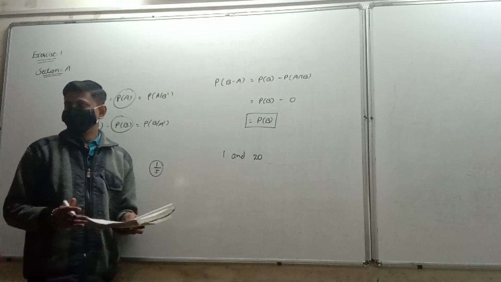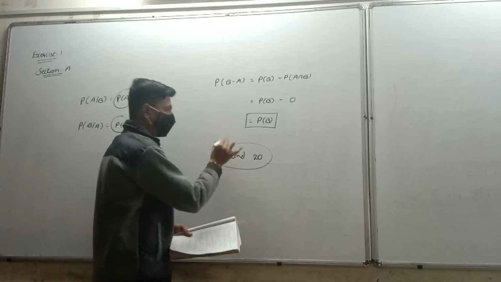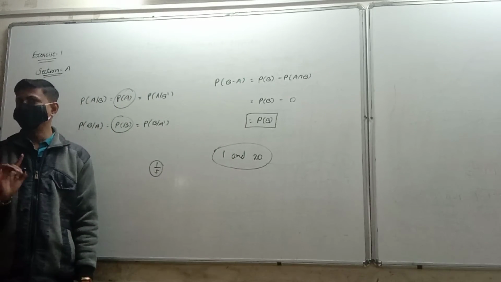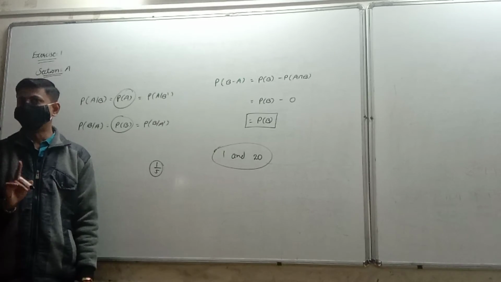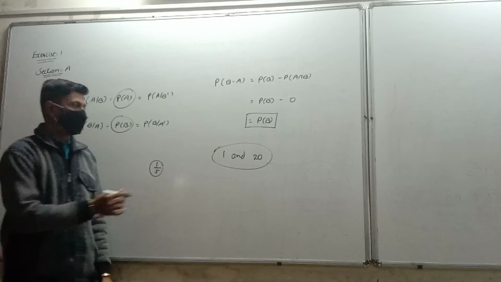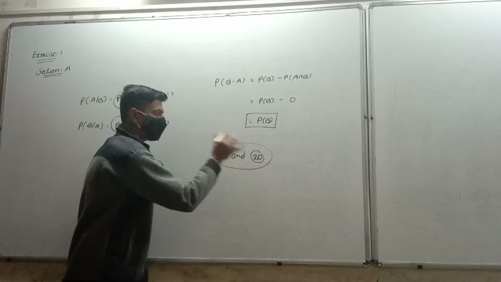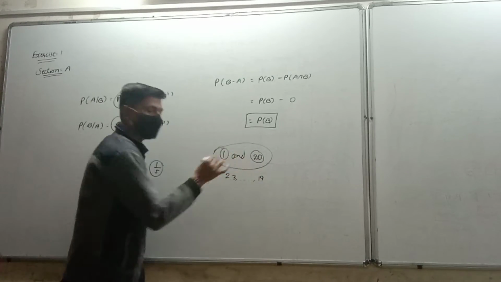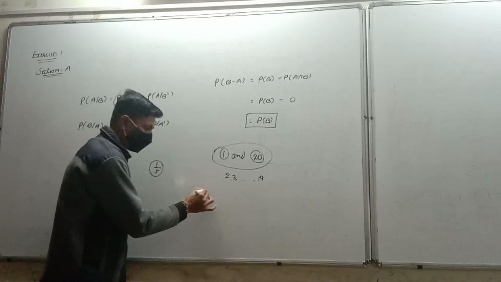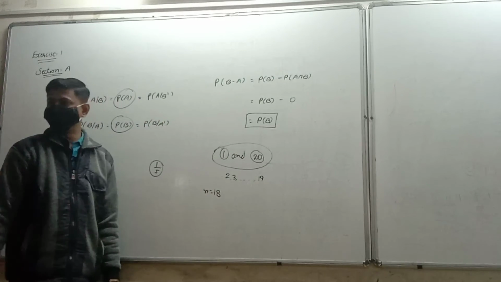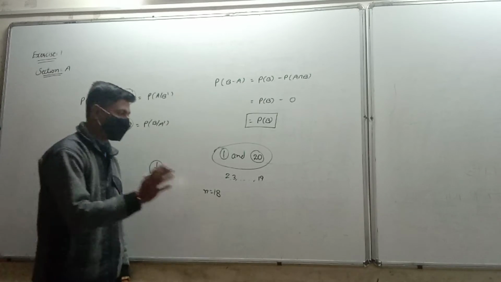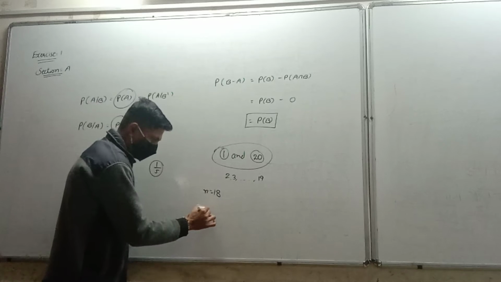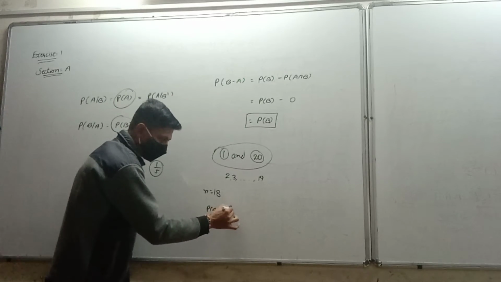Between 1 and 20, 1 and 20 between total 18 ही डिजिट आएंगे. ऐसा नहीं बोला कि 1 to 20, between 1 and 20. नहीं, 1 and 20 both limits are not countable. So between value 2, 3 to 19, यानी कि टोटल n is equal to 18 डिजिट. एंड 5 के मल्टीप्लिकेशन में 5, 10, 15, 20 is not involved. Only for 3 value. तो P of A m/n